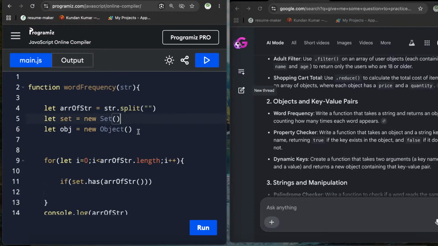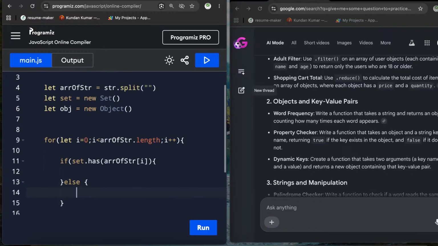We have a set and an object too. Let's just experiment and see what the value of i will be. Array of string of i. So if set dot has it, it will do a certain task, else it will do two things: set dot add array of string of i, and also set